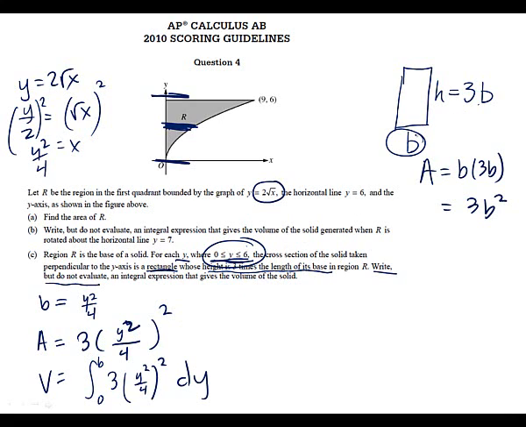Okay. I looked at that it was a rectangle. So I know rectangle's base times height. They told me the height is three times the base. So I created my area formula from that. Okay. Then, since it was perpendicular to the y, not the x, I had to solve my original for x squared, so I got it in terms of y. That was what that work was. So I know my base length was that new function. I took my new function, I plugged it into my area formula, and then I integrated my area formula. Okay? All right. That's where I'm going to stop today. Okay? But you need to finish